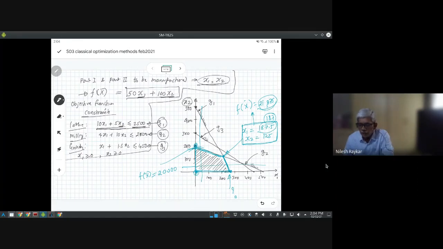And without proof, I told you that in case of the problems of this type, the linear programming type, the optima always lies on the vertices of this feasible region. So we calculated the value at the vertices, and the one which is shown here, which has coordinates as shown here, is taken as having the maximum value of profit, which corresponds to 21,875.